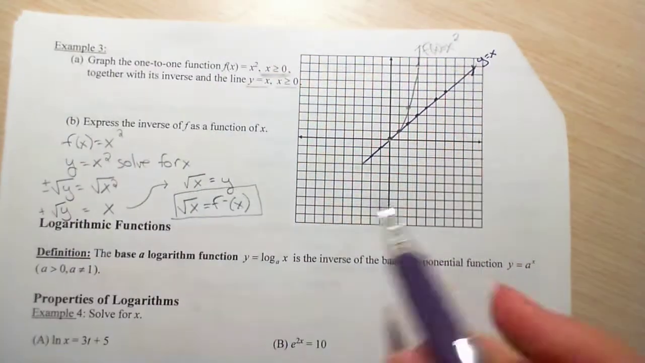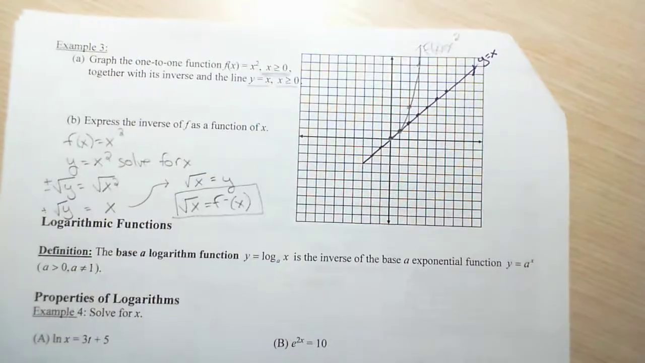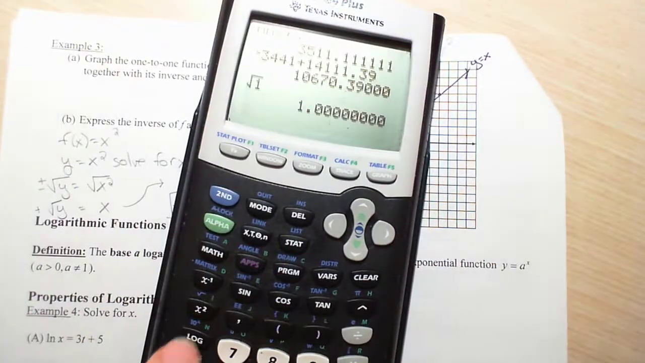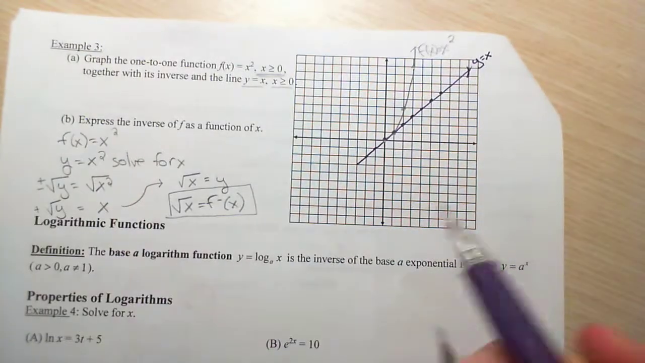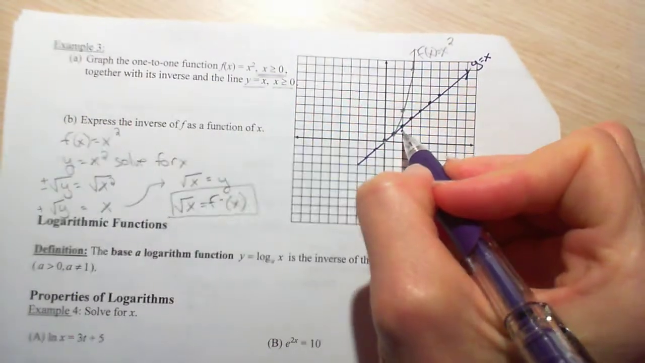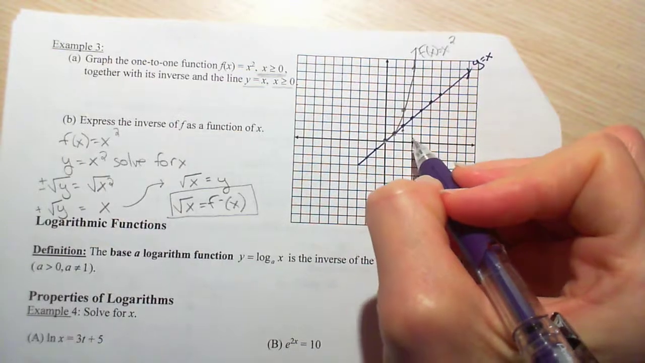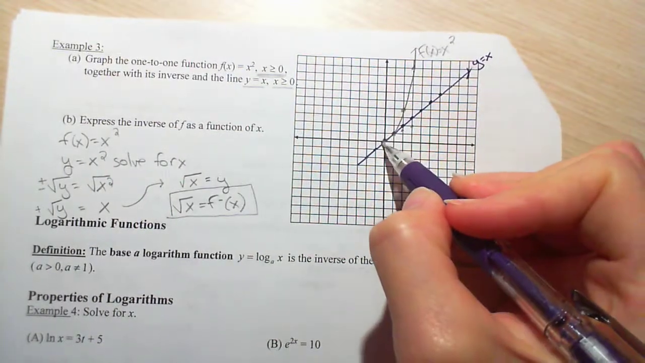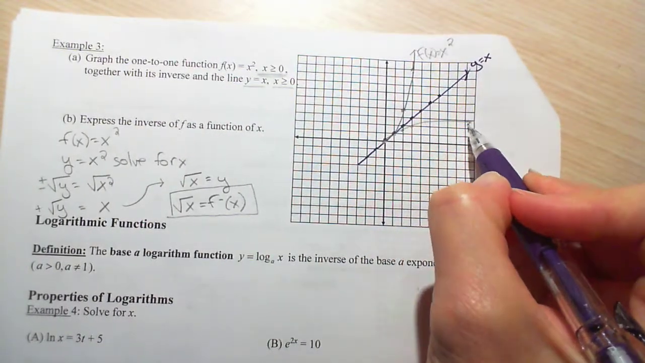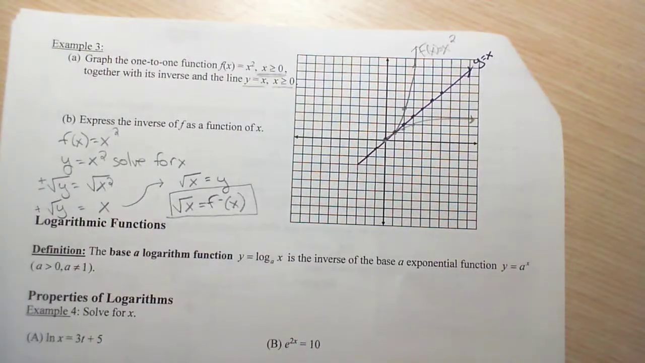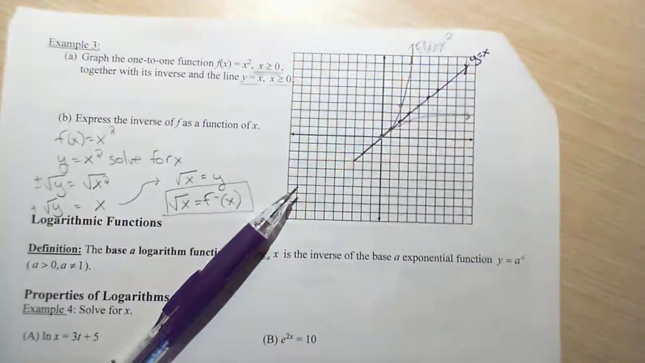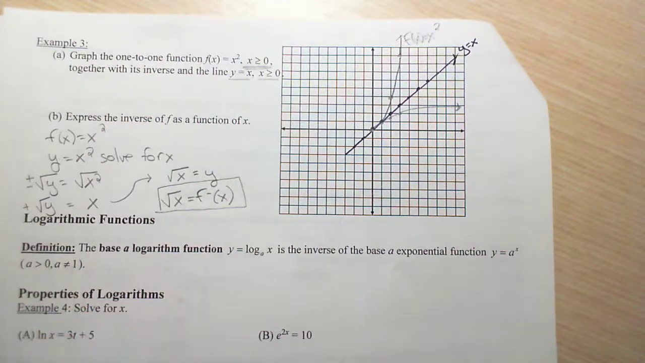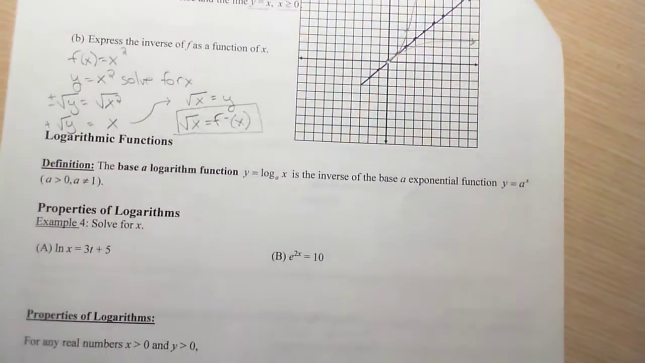Oh, never mind. Square root of 1 is 1. I was thinking square root of 2 is the one I wanted to put in the calculator. Square root of 2, about 1.5. So over 2, up 1.5. Square root of 4 is 2. You guys know this is going to take this shape. Okay, so this does kind of look like this, flipped over the line y equals x. That's true of all inverses. All right,